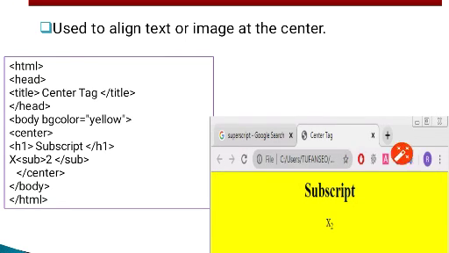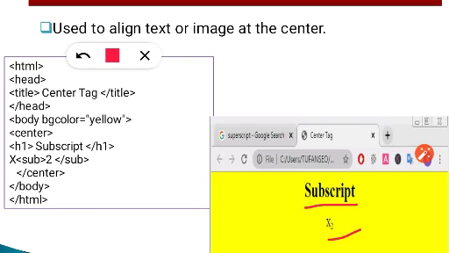Over here the subscript is aligned at the center and x2 is also aligned at the center. So for that we are going to use the center tag. Whatever we want to have at the center, we start with the center tag, write all those tags, and at the end we will again close the center tag. I hope this is clear to you all.